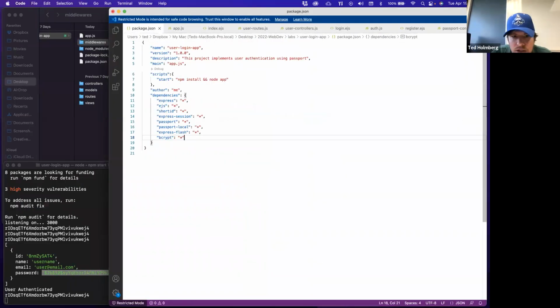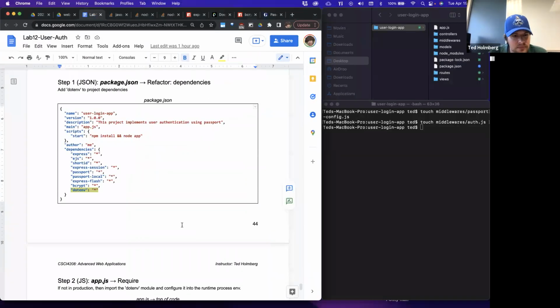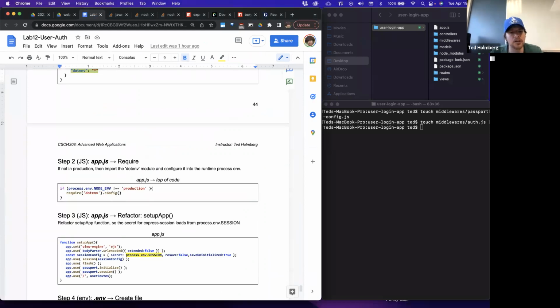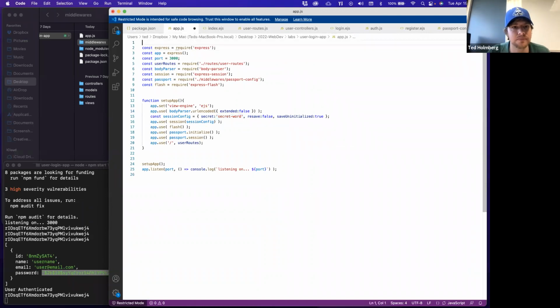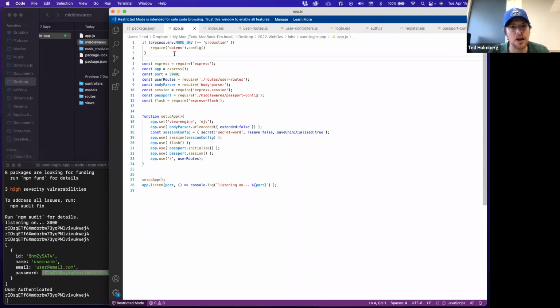So let's go to our package.json, just like so. And let us go into the app.js, and we're going to do this check. So we're essentially going to check if it's not in production, then we want to import the .env module and configure it into our runtime process environment. So let's go here, and at the very top, I'm going to put this if statement. So if process.env.NODE_ENV is not equal to production,